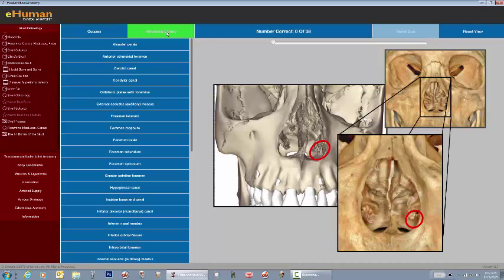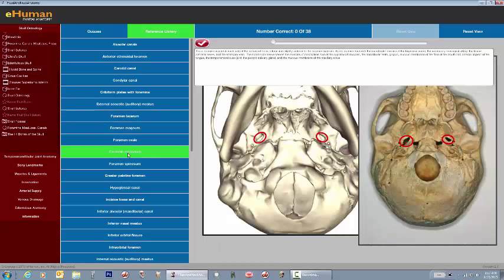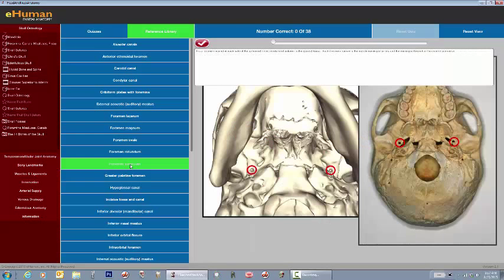We again have the reference library, and here I can click on any one of these. It tells me what I'm seeing in the right-hand box, as well as the textual information that you would typically find in any of the textbooks. So again, we can go through all of this and make sure that we know all of the canals,